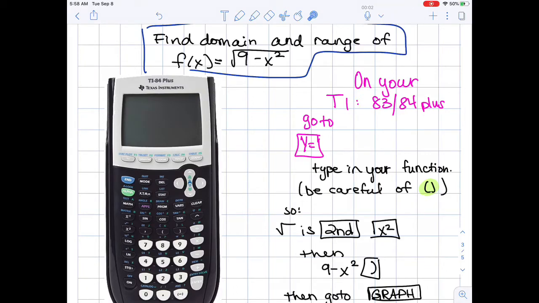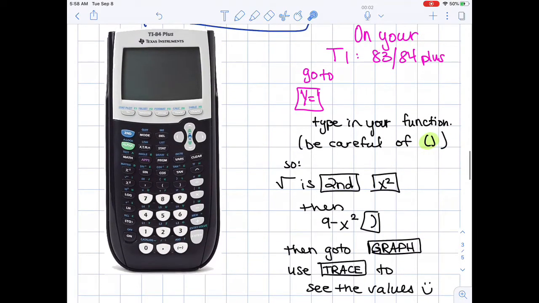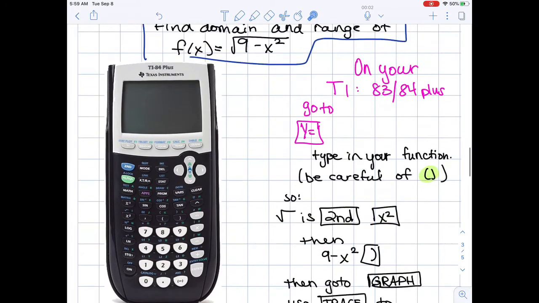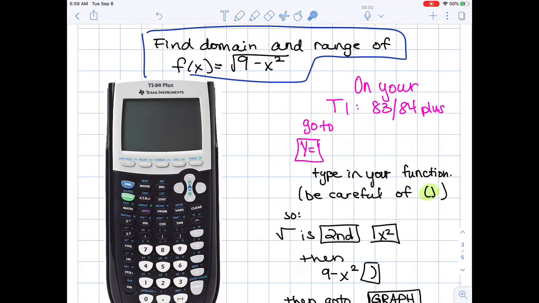Once you've got that in for your y values, then you're going to go to graph. So anything that you go to graph, which is this key right here, always links back to your y equals key. So you're going to hit graph, and then you're going to get to see your graph fleshed out, and then you can hit the trace button and then toggle left and right to see what those values of x are and see those values. In this case, this root of 9 minus x squared is going to give